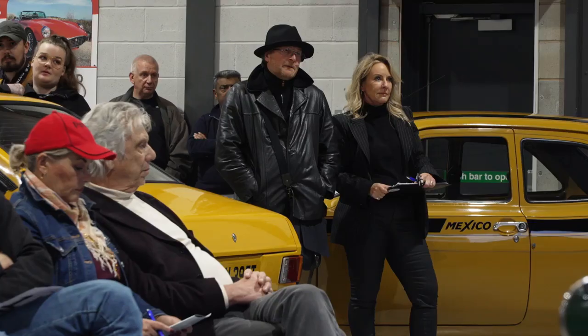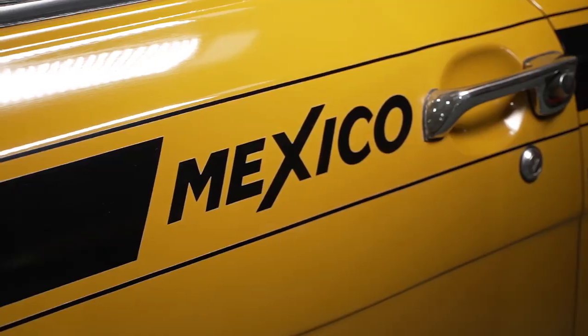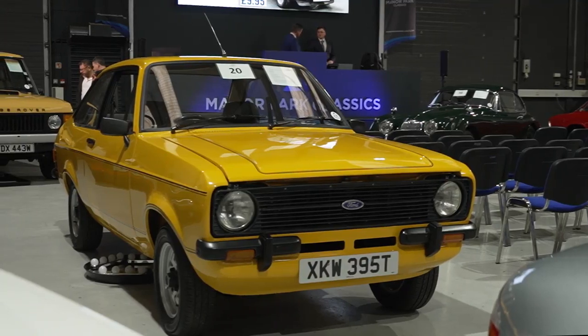It's not my first auction, but normally I tend to bid online, but with this being local, it's nice to come down and it's a great atmosphere. There's nothing really to be bothered or concerned about. Everyone seems to be very, very friendly down here. But in general, the descriptions and the photos nowadays and the video walk rounds tend to be a good indication